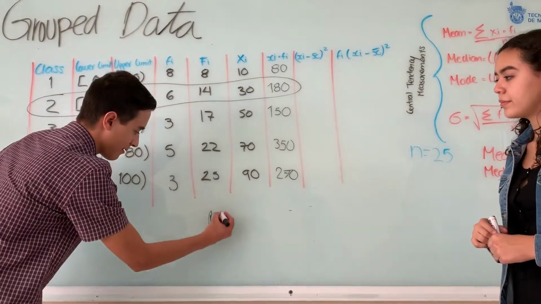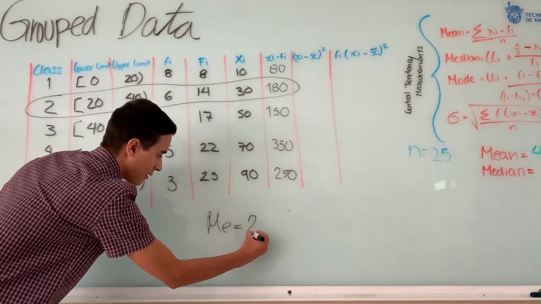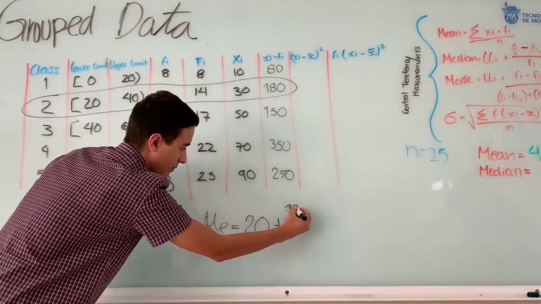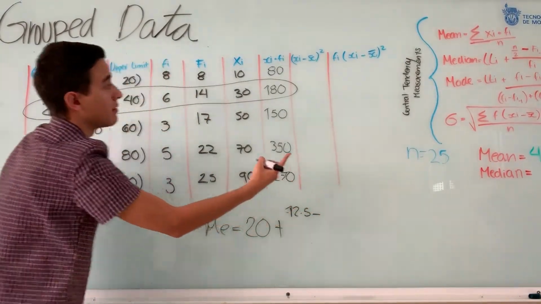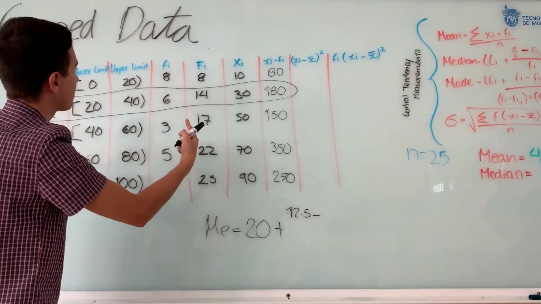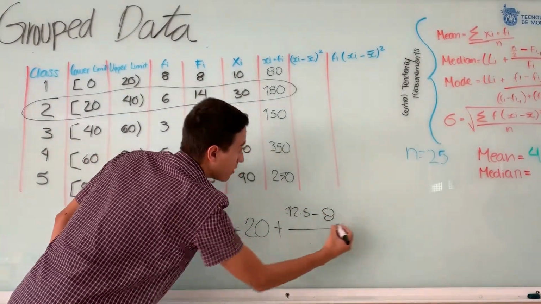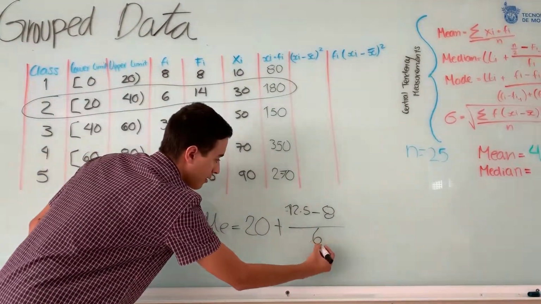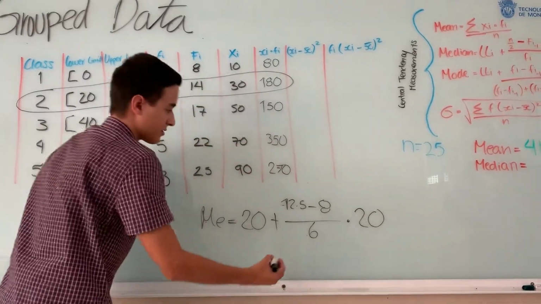First, we're going to put the lower limit, that is 20. Then we're going to add 12.5 minus the accumulated frequency that is before, that is 8. Then we put the frequency, that is 6, times 5, the amplitude, that is 20. And the result is